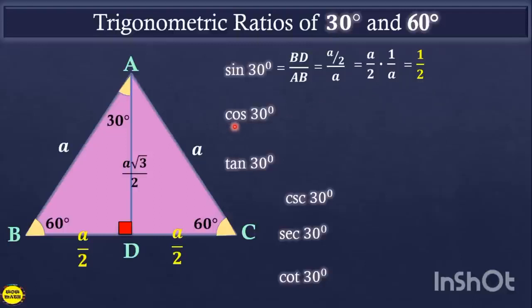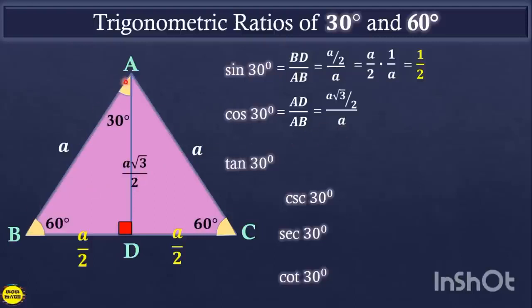Now, cosine 30 degrees. So, cosine is adjacent over hypotenuse. Tandaan po yung SOHCAHTOA. Adjacent over hypotenuse. So, this is your 30-degree angle. Adjacent, that is AD. Ito po pala. So, AD, this is your adjacent. And then, hypotenuse, this is your AB. So, substitute natin. Your AD is A square root of 3 over 2, yung nakuha natin kanina,